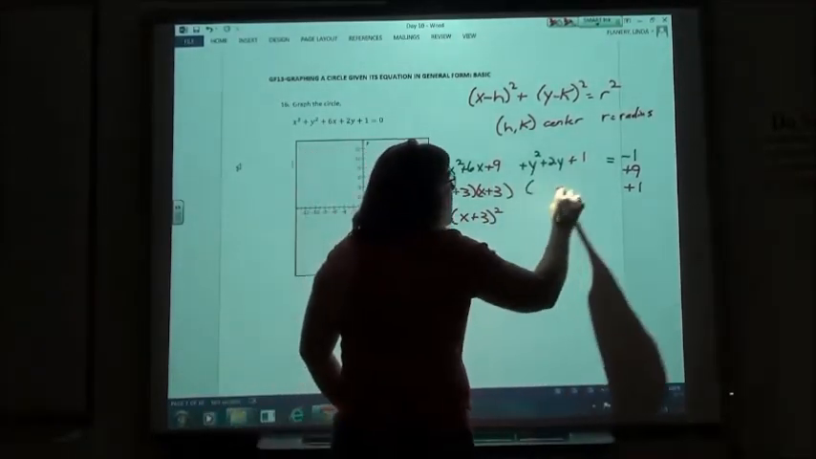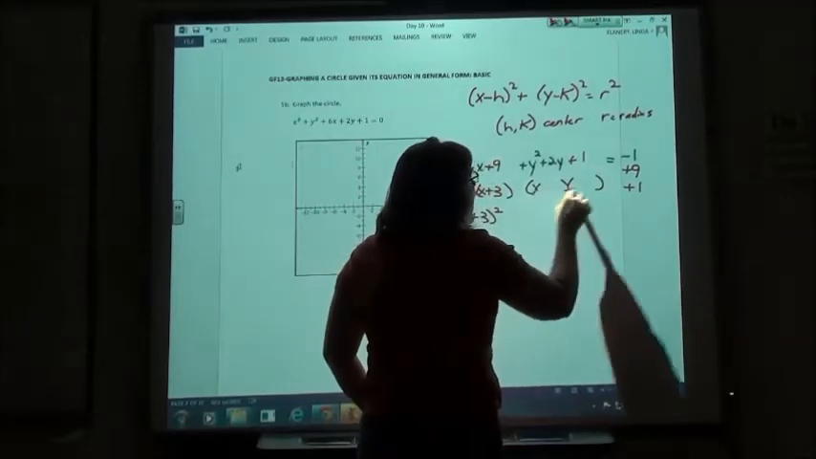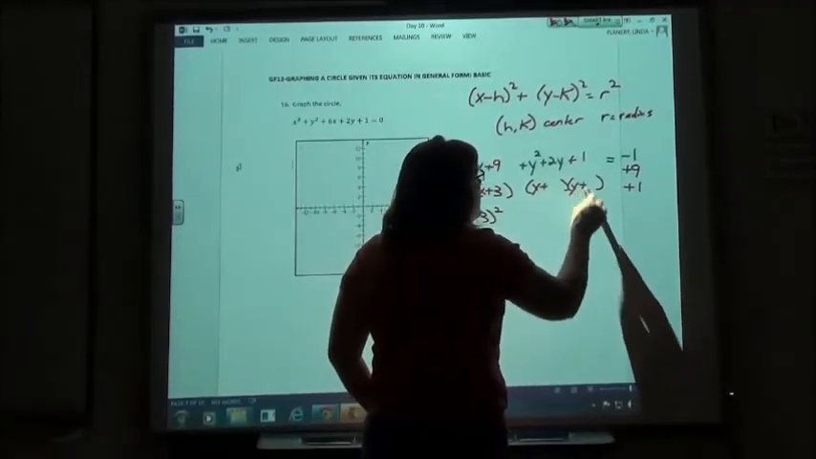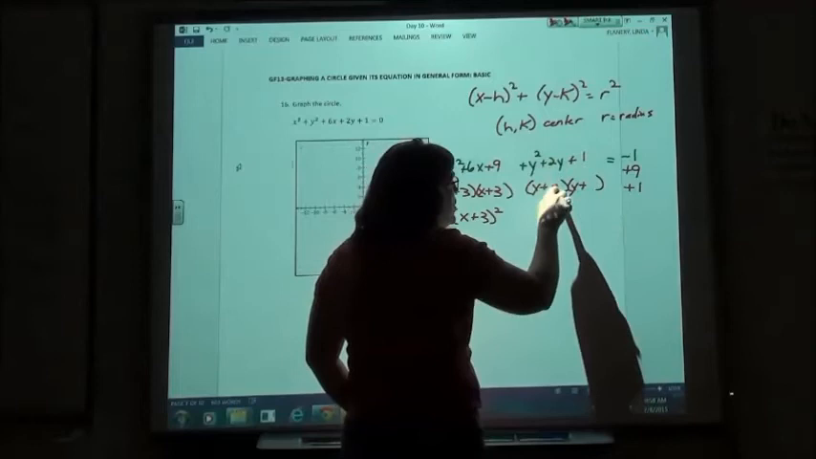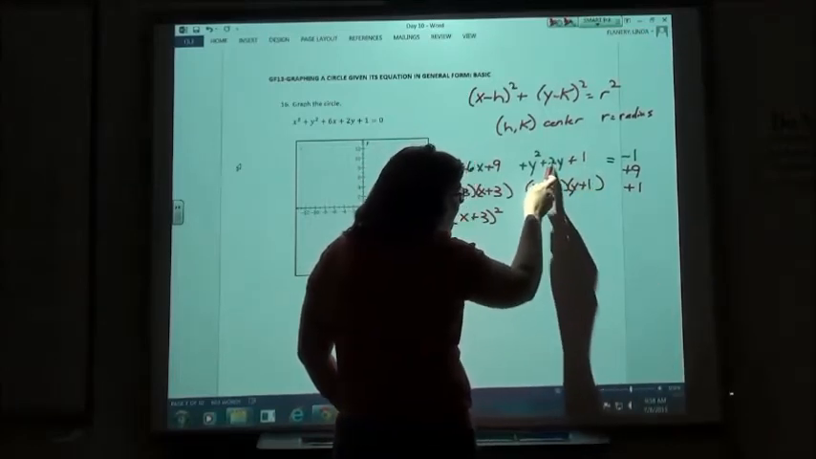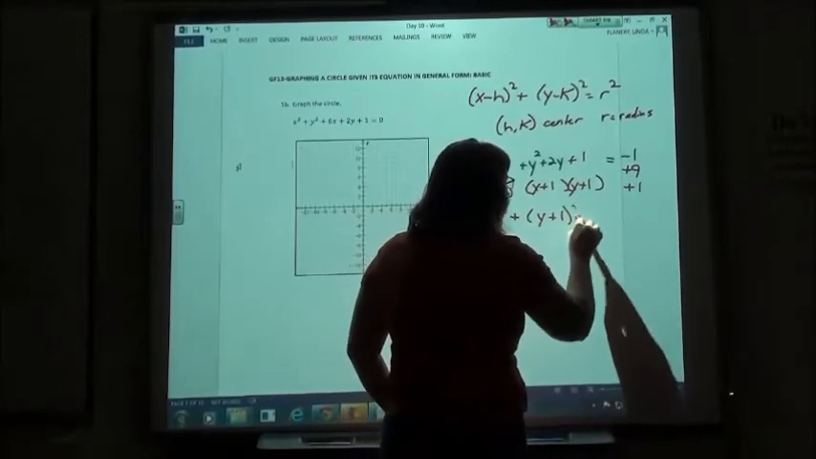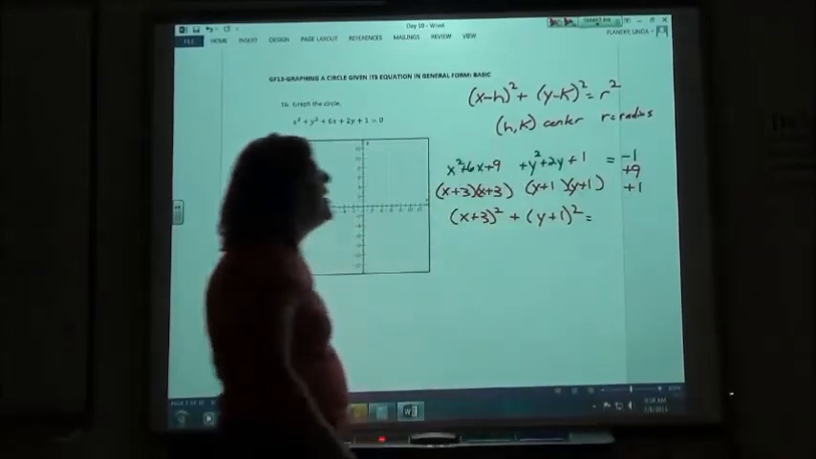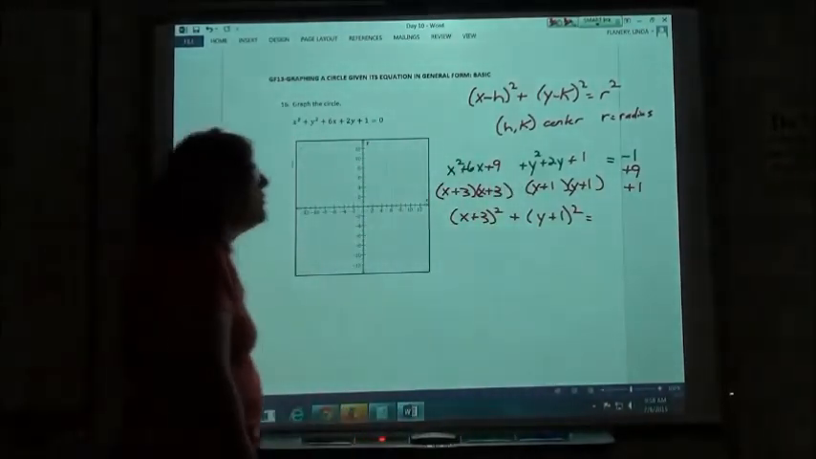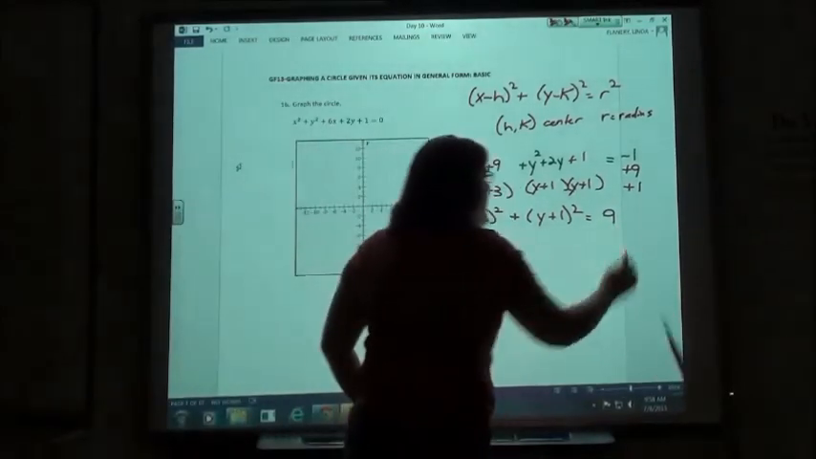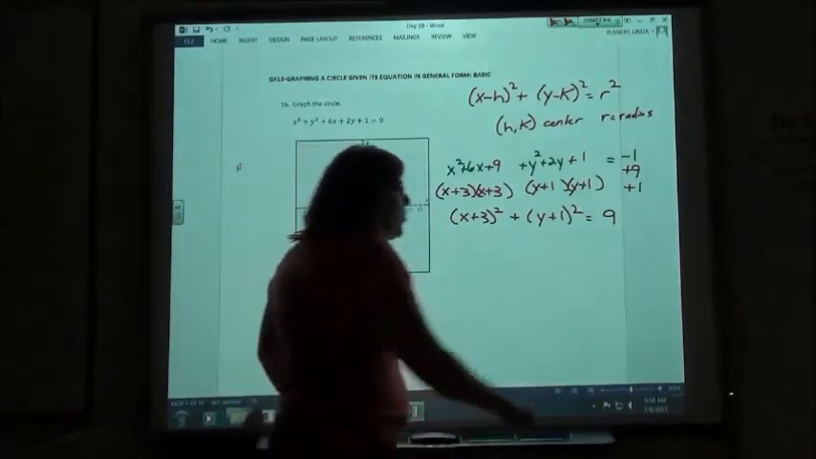Same thing here. If I factored this, I get y and y, a plus and a plus. Factors of 1 that add up to 2, 1 and 1. Again, that's half that middle term. So y plus 1 squared. Over here, doing my adding and subtracting, the -1 and the +1 will cancel out, so I'm just going to get the 9. 9 we can rewrite